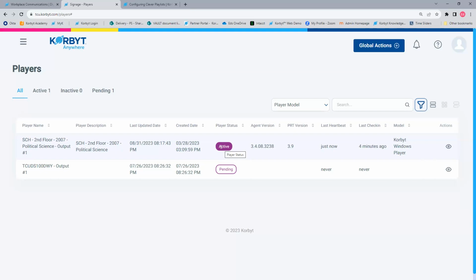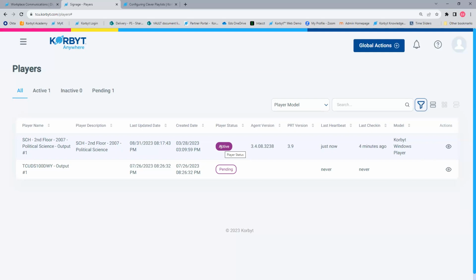When a player goes inactive, if the player's still powered on and connected to the screen, it's going to keep displaying whatever it was most recently told to show. So it doesn't go to a blank screen. It doesn't go to a screen that says connection interrupted or anything like that, because it's not a streaming service. The players receive their content, download it, store it, and then play it with the instructions that came along with the content.